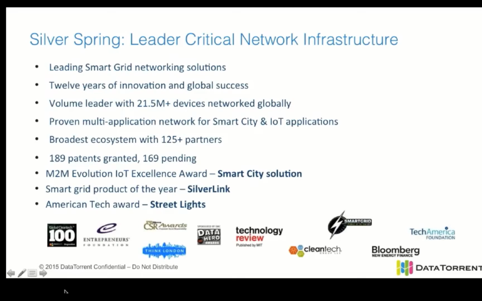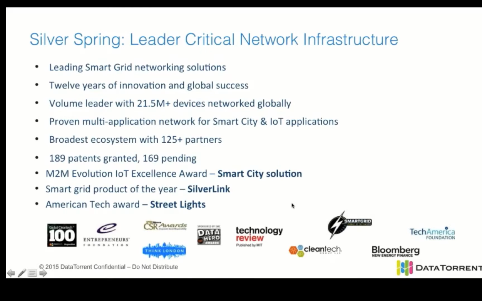So first, a little bit about Silver Spring. Silver Spring Networks is a leading critical network infrastructure provider. Basically, what we do is we started off in the smart grid space, deploying smart grids throughout North America, Australia, and then the rest of the globe. We have gone from smart grids, which are typically meters and other devices on the distribution topology, into also gas and water metering, as well